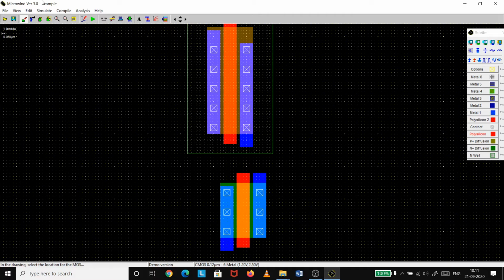Now first we will connect one PMOS with one NMOS to create the transmission gate, and we will just copy and paste it for the second transmission gate. So I will stretch this NMOS to align this.